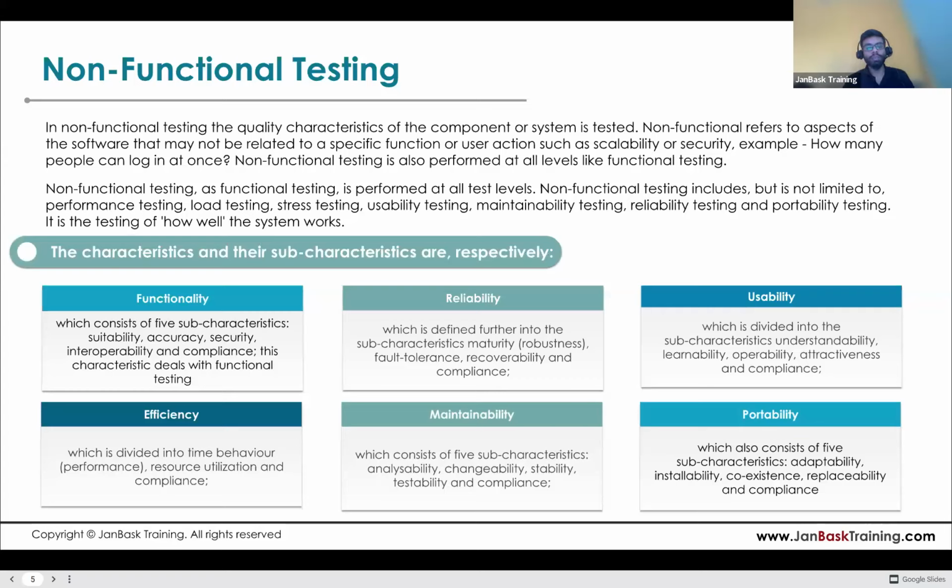That point is referred to as the breakdown point, and that is stress testing. Isn't it similar to load testing? You're increasing the load. Yes, it is similar, but the difference is that at the load testing level, the system should respond to you, but